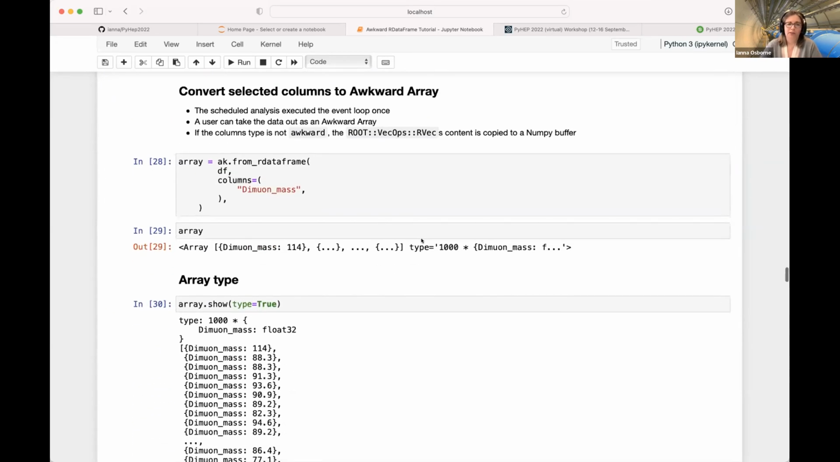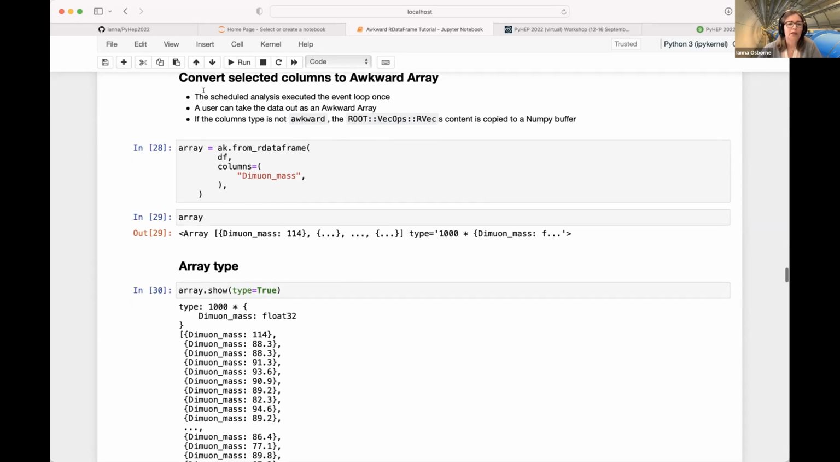How about we convert some selected columns to an awkward array? So we've done all this analysis, and now we're interested in taking this dimuon mass column and doing some nice things in the Python world, like plotting, and maybe continuing the analysis with other packages. As we have seen that the scheduled analysis executed the event loop only once, the user takes data out as an awkward array using the from_rdataframe function. It selects the dimuon mass column, and we get an awkward array,